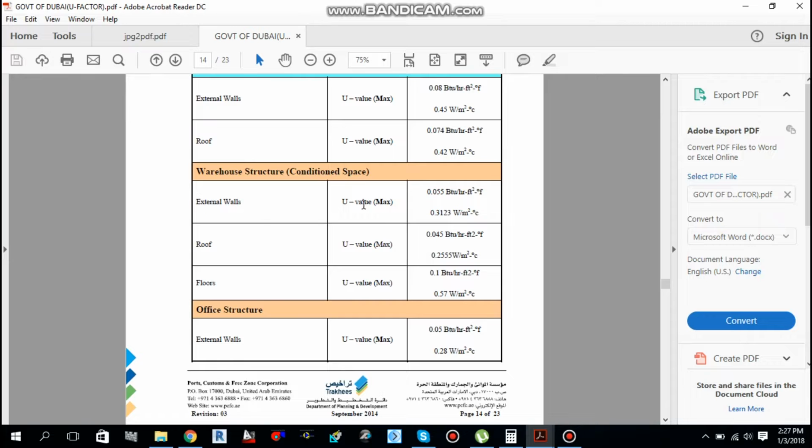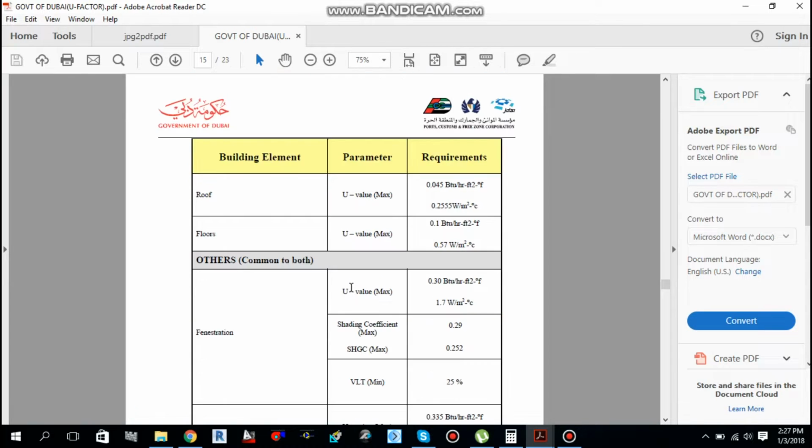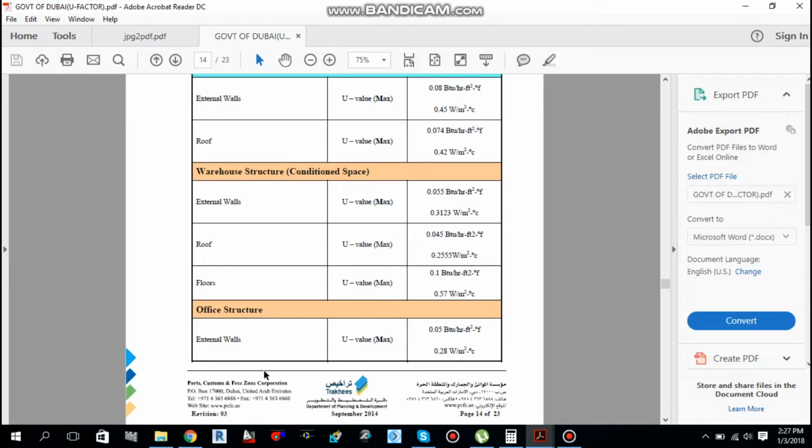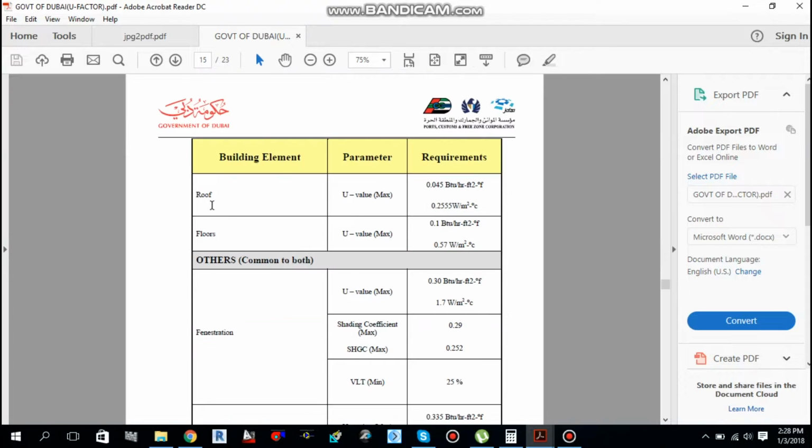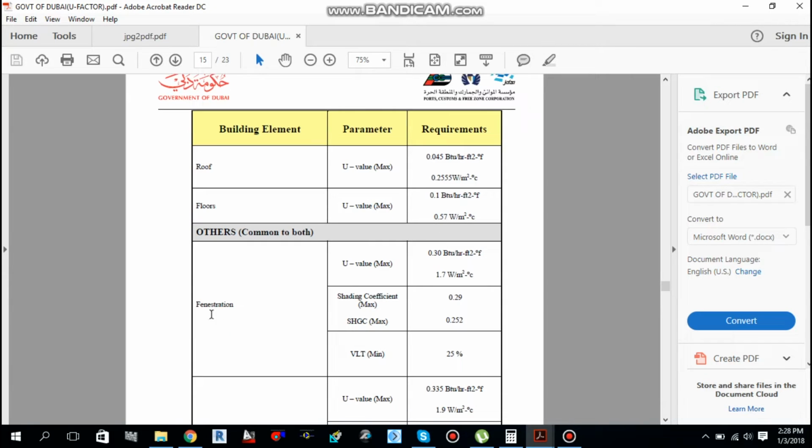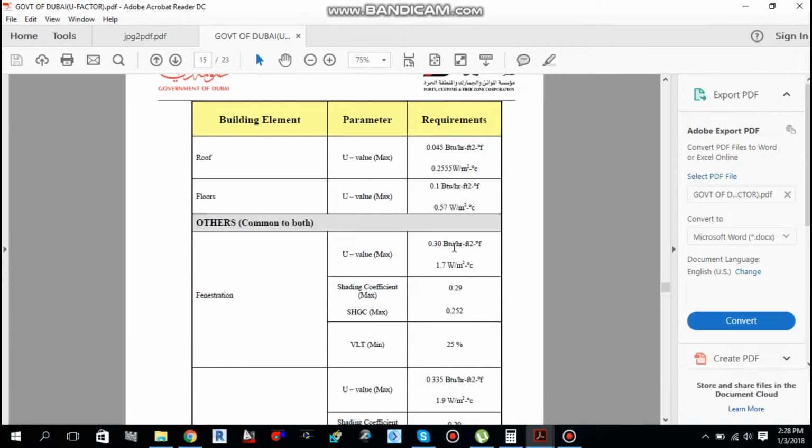For conditioned space the U value is this, roof this and floor this. And for the office structure and residential area, the external wall U value is 0.05, for the roof 0.045, for the floor 0.1, and for the glass penetration the U value is 0.30, and the shading coefficient maximum is 0.29.